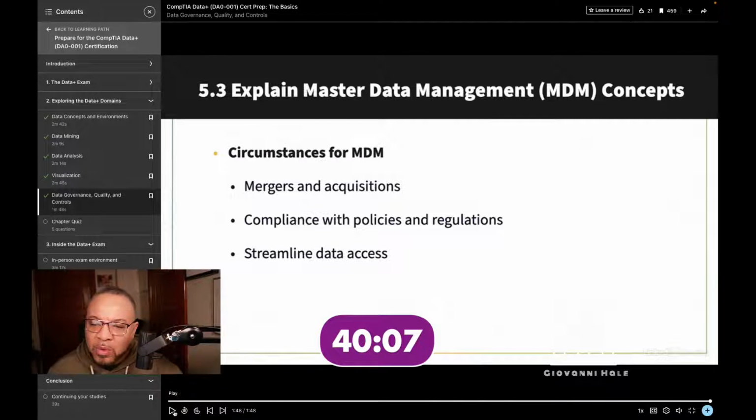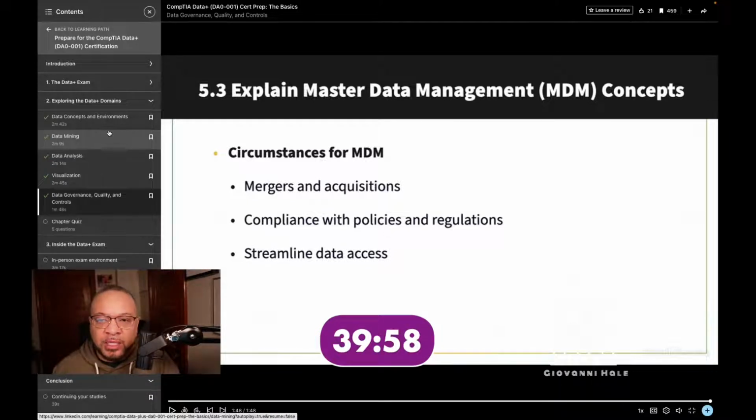Okay, so one thing that he's pointing out here is he is going through all of the domains for the test. So the test is broken down into data concepts and environments, data mining, data analysis, visualizations, and then this aspect that he's going through, which is data governance, quality, and controls.